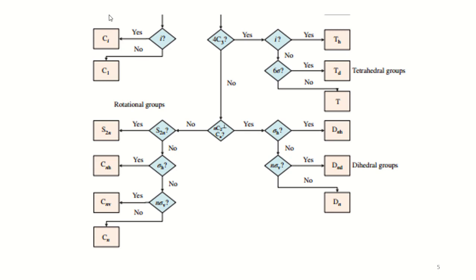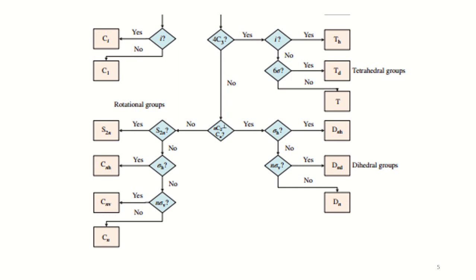CNV point groups. Here we can see that, and I would like to repeat the explanation behind CNV point groups. If a molecule has a single Cn axis, no more than one Cn axis, and n vertical mirror planes exist, the molecule will definitely belong to the class CNV point groups.